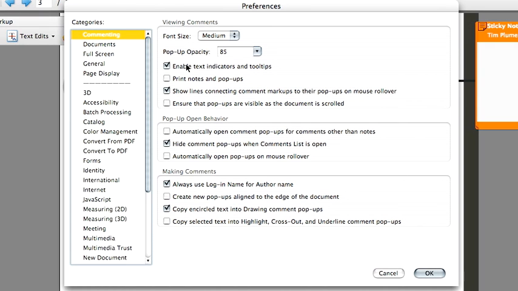There are two particular preferences, though, that I want to spend a moment to discuss because they're preferences that I take advantage of and they're very helpful. First, "Always use login name for author name." That's the preference that sets Acrobat up to assume that I am a particular person based on the computer that I'm using. If I don't want Acrobat to make that assumption, I can deselect it as I've done here, and